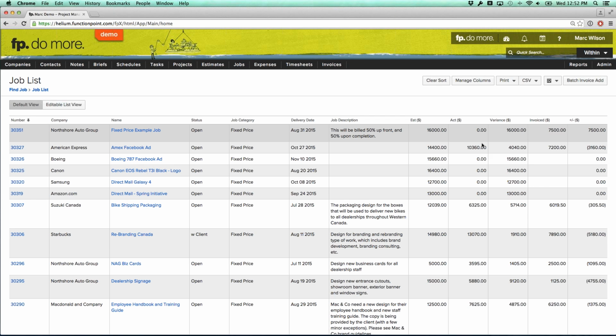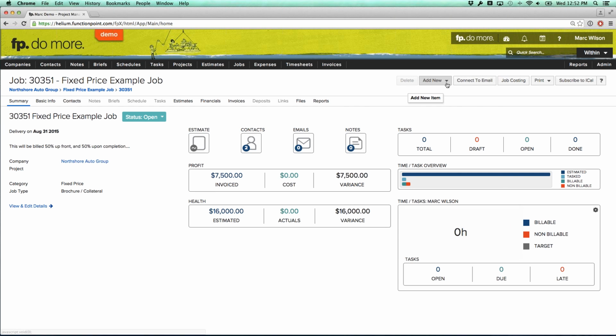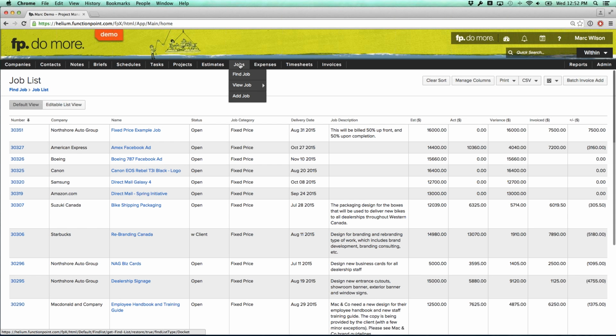And then from here, I can make the choice of clicking on the job and then choosing to add new invoice and doing them one by one. Once I had that invoice, I would then jump back to the job list by clicking on the header and it brings me directly back to that list. So I'm invoicing them one by one, but I'm using this setup to quickly jump back to a list which tells me what to bill, generate the invoice, back to the list, generate the invoice. If you really wanted to, you could do a batch invoice add,